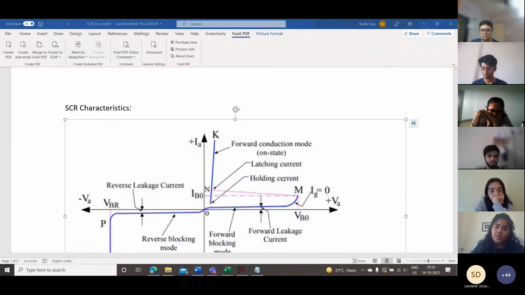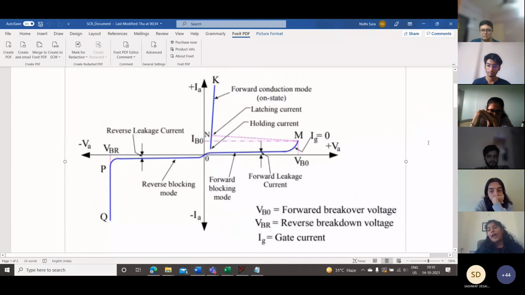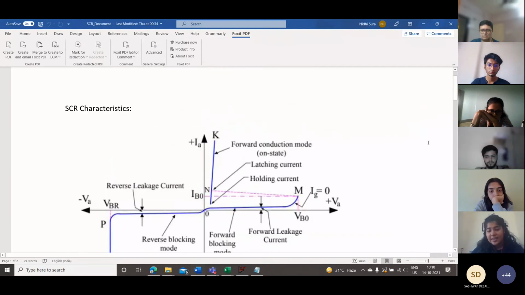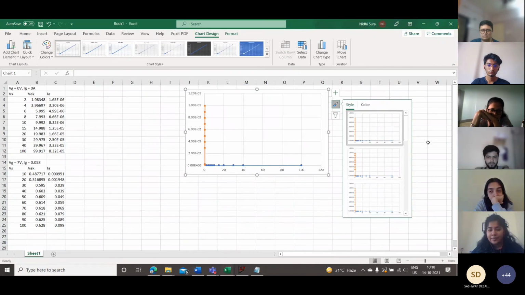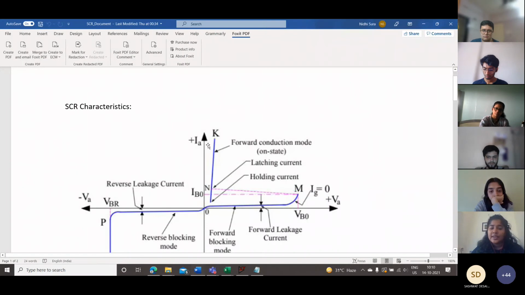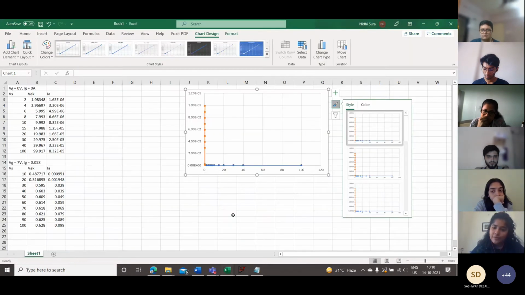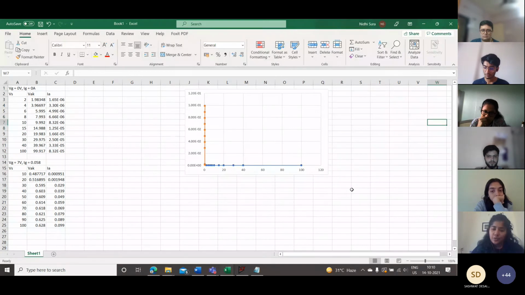We're going to go back to this Word document now, and we're going to observe our graph. Can you guys see that it is actually looking similar now? It's not looking exactly the same because we have to take lots of readings to make it look the same. But do you see how this line right here is our forward conduction mode, and this line right here is our leakage current in the forward blocking mode, and we're observing that in our graph. Now, if you plot the reverse blocking mode too, then it will look exactly like the graph I showed you in the Word document, in the third quadrant too. So yeah,